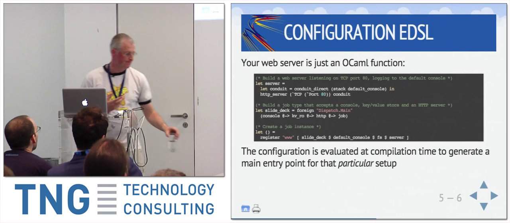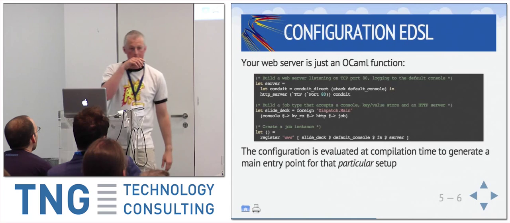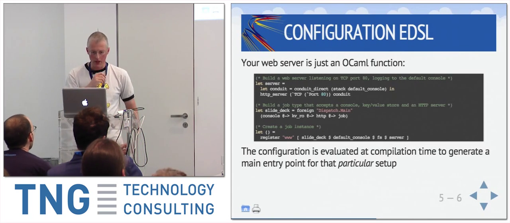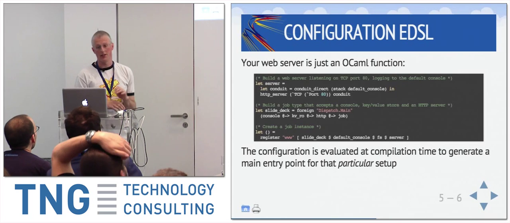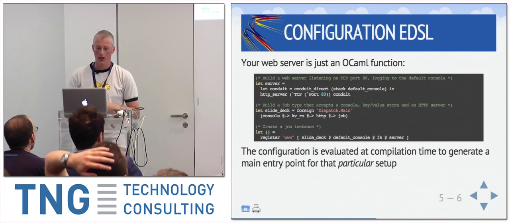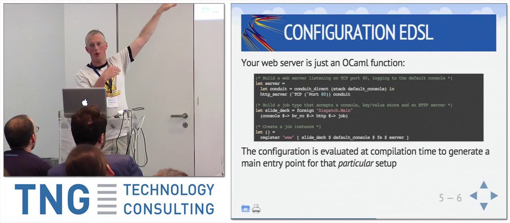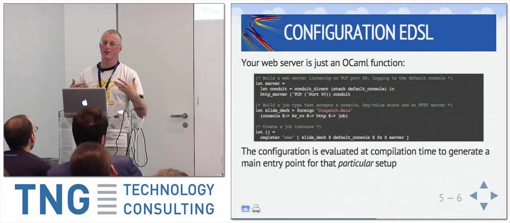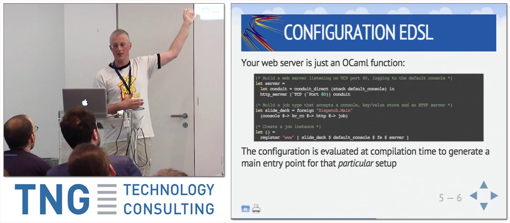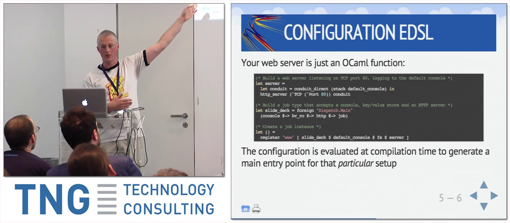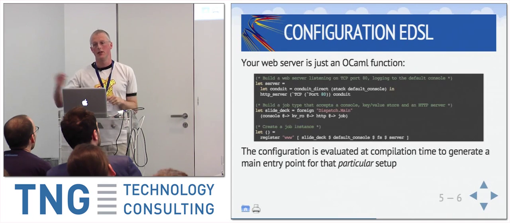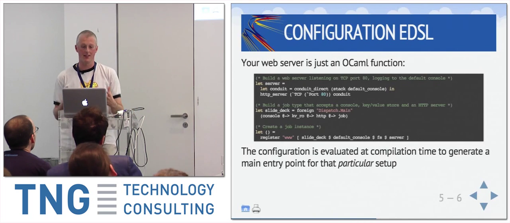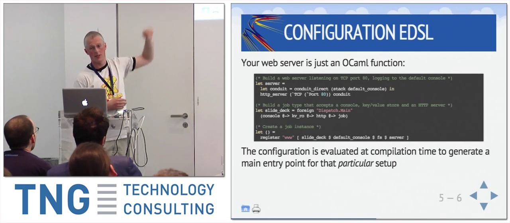You express all that using a configuration language, which is an embedded domain-specific language inside of OCaml. At the top, you build a web server that's going to listen on TCP port 80 in this case. You build a job, what was an app on the previous slide, called slide deck, and you say, this is the signature this expects. It's going to expect to see a console, a key value read-only store, and an HTTP server, and it's going to produce a job at the end of it. Then you actually instantiate that at the entry point, let unit equals.